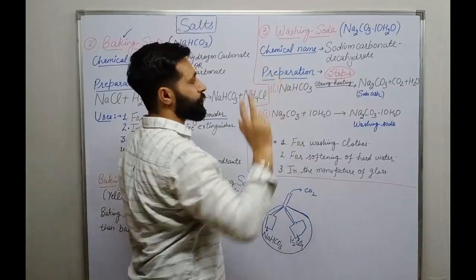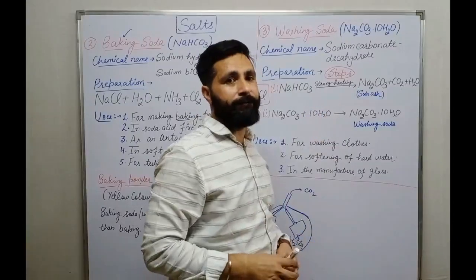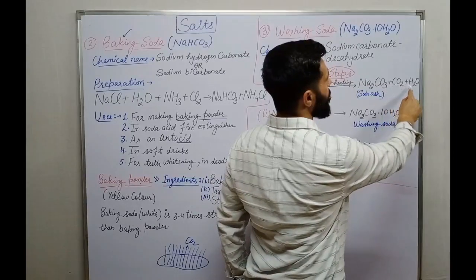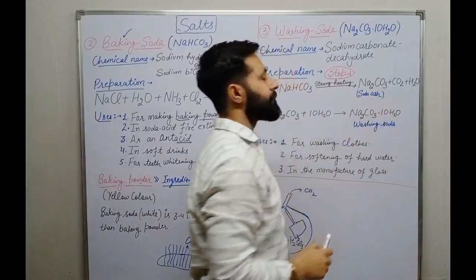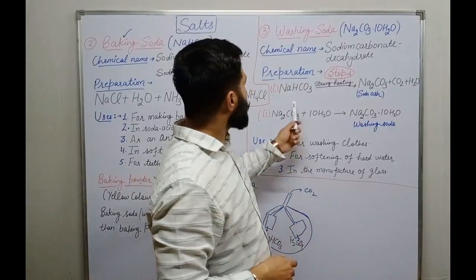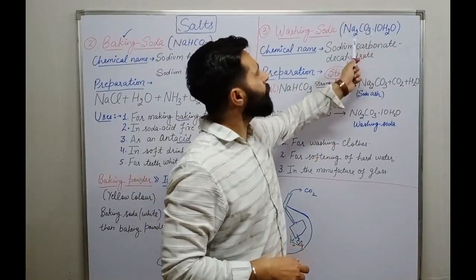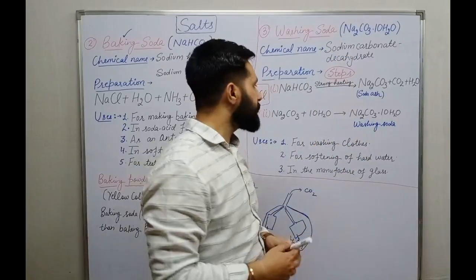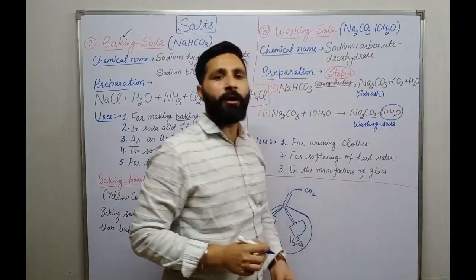See beta, I have taken baking soda, NaHCO3. When baking soda is heated strongly, it converts into sodium carbonate with release of carbon dioxide gas and water. This sodium carbonate is called soda ash. It is anhydrous. Anhydrous means without water. So beta, this sodium carbonate when dissolved in water, just take 10H2O. If you remember the formula, just add plus 10H2O and put a dot showing they are added. So what is the meaning of these 10H2O? It means water of crystallization.